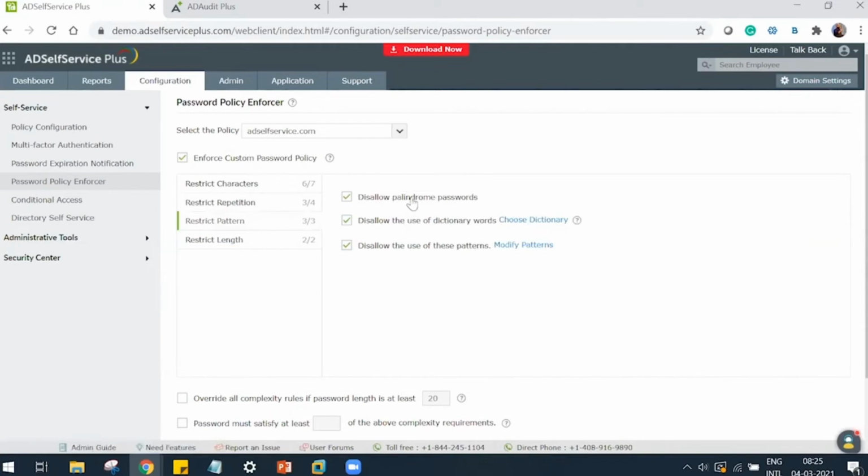Remember Microsoft's recommendation? Microsoft said that you should prevent your users from using some compromised passwords. Okay, you can very well use modified patterns or import a dictionary and prevent users from using some common banned passwords. Okay, and we have restrictions based on length. So these are the 4 restrictions that we have, and you can create a password policy and then map it